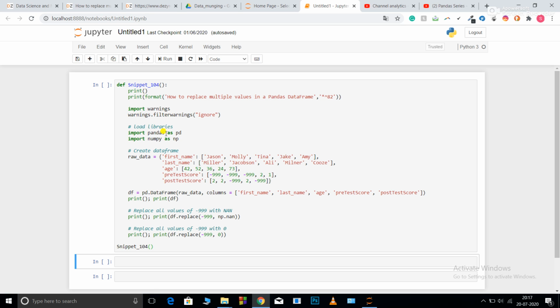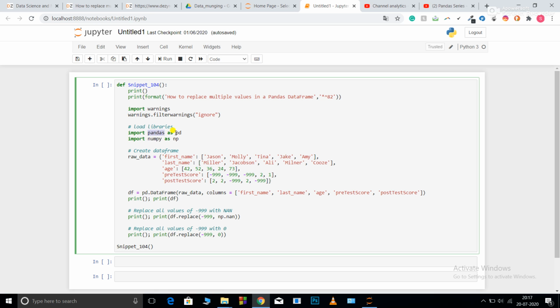So let's start with this. Import pandas as pd. I'll be using this for creating my pandas data frame. Now import numpy as np. Now raw data. This is my data dictionary over here, my customized data dictionary. Now pandas data frame. I need to convert this data dictionary into a data frame in order to apply any pandas function. So pd.DataFrame, then I pass the data dictionary, then the names of my columns. So these are the names of my columns.